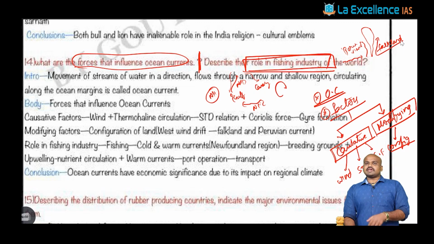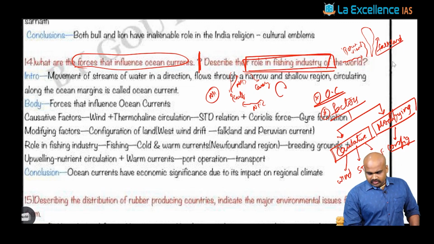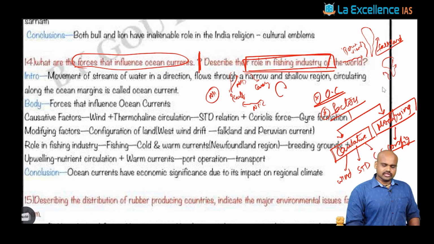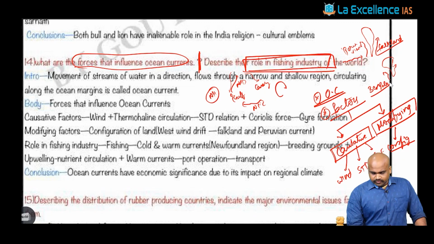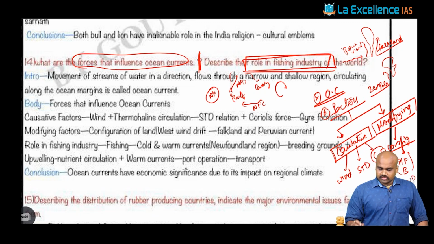And the same kind of configuration influence you would see again with respect to the African region. What happens is, in the African region also you would see this kind of influence, where this west wind drift, due to the configuration of Africa, is resulting in a current called the Venezuela current, which is again, all these are cold currents. Right? So for configuration we talked about an example, and for Coriolis force, and for configuration we talked about the Peruvian current, Falkland current or Venezuela current, resultant of the west wind drift. This is one understanding.